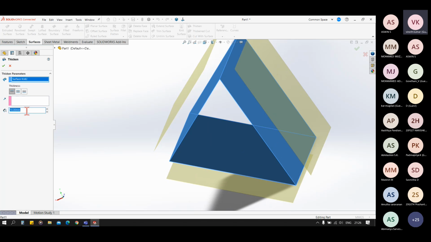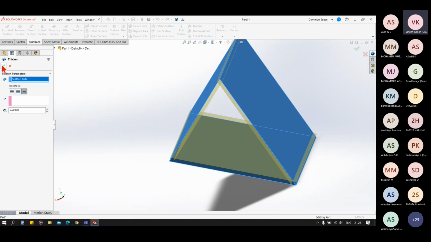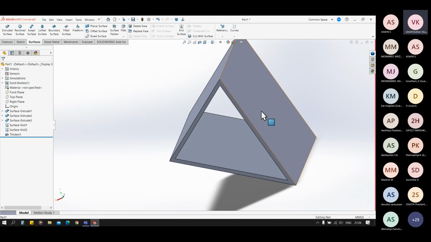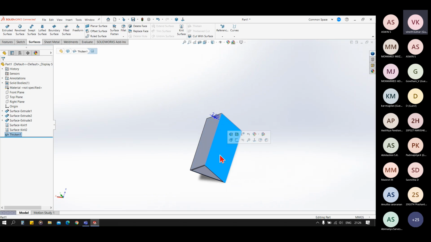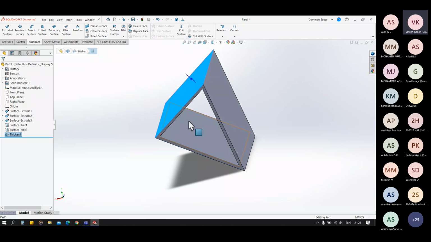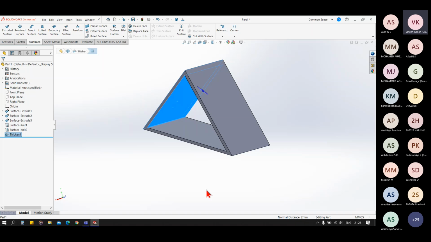We can change the thickness value. We can change the thickness direction also. So you see we now have a thickness of 2 mm, and we have the 3D body which can be measured. Now you can see the normal distance between two faces is 2 mm.